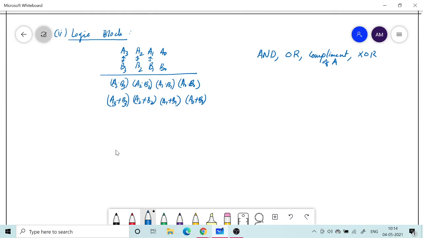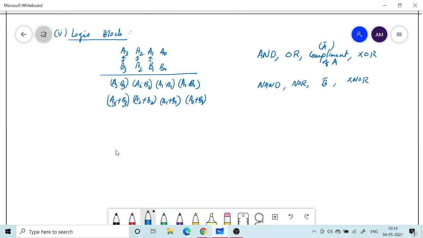If I want another four more, I can implement that also. So let's say NAND, then NOR, then say B bar. Earlier it was A bar, so I can also call it A bar. Then say XNOR. Okay, so if I want 8, then these are the 8 options that I would like to have.